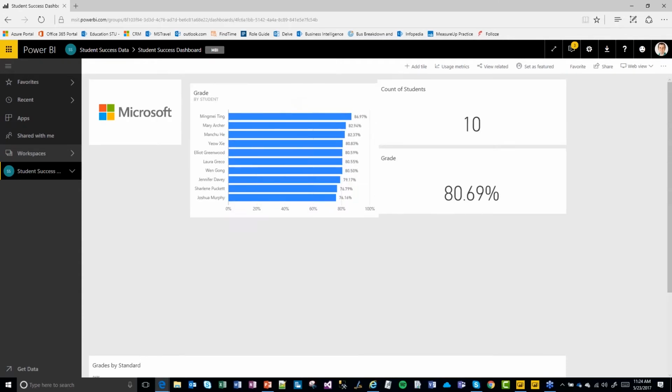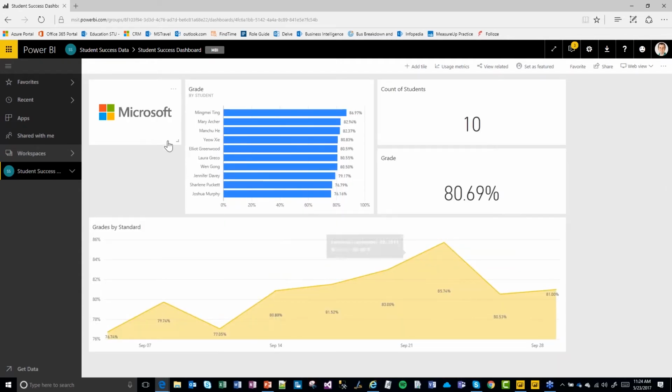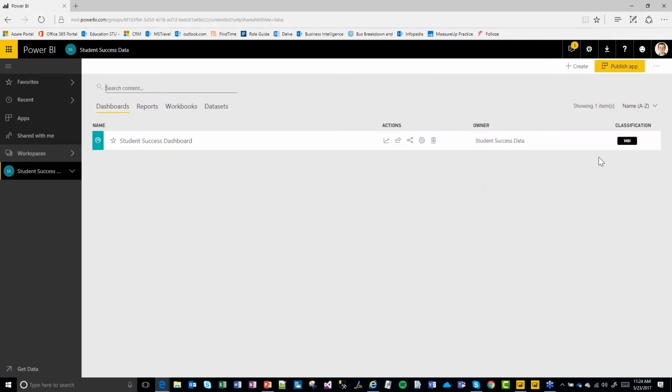All right. There we go. We've made a change here. We've moved our dashboard around. And so what we can do now is go back to my app workspace. I've made a change to the dashboard, so I need to click Publish App again. And when I click Publish App,